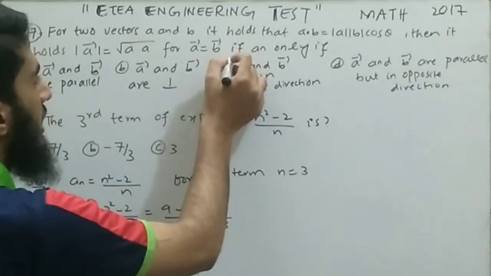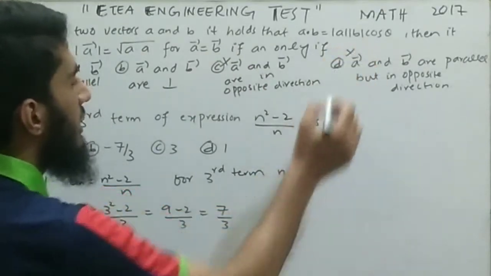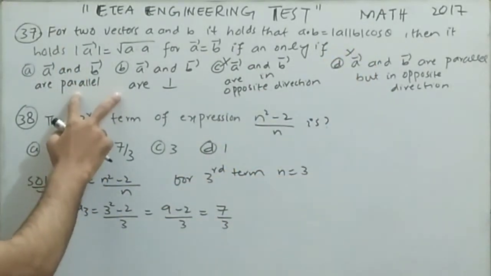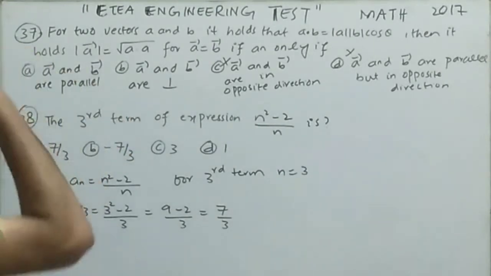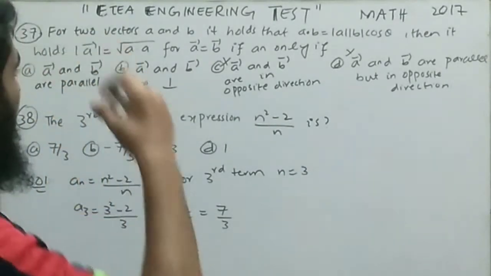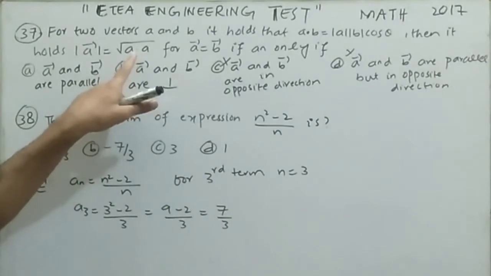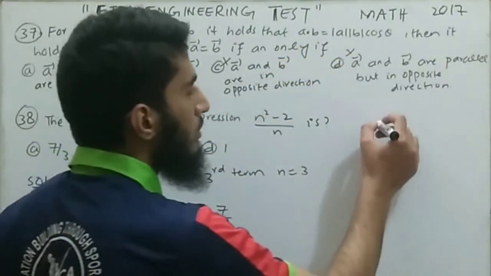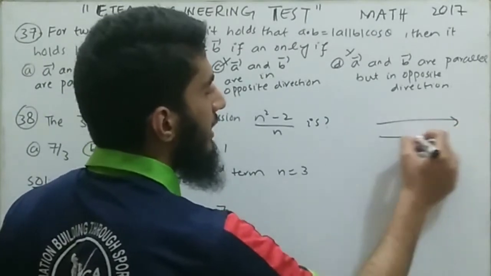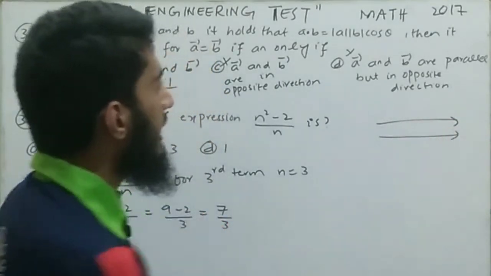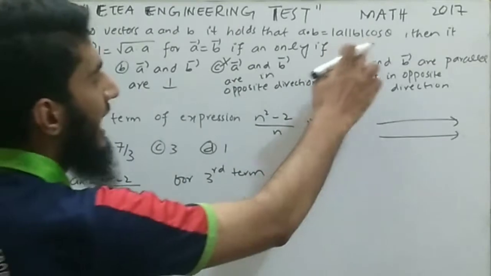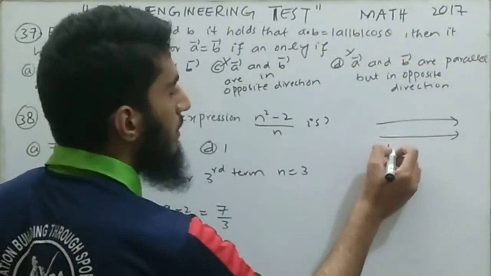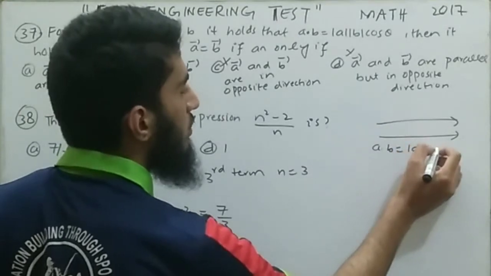So we will cancel out and neglect options number C and D, because over here we have opposite direction. Now we are left with two options, option number A and B. Option number A is parallel and option number B is perpendicular. Now magnitude of A will be equal to under root of A dot A only when the two vectors are parallel. Let's suppose this is vector A and this is vector B. So the angle in between them is 0. So cos of 0, you know that it is equal to 1. So A dot B will be equal to magnitude of A and magnitude of B.